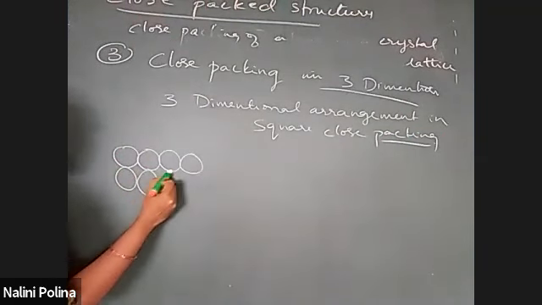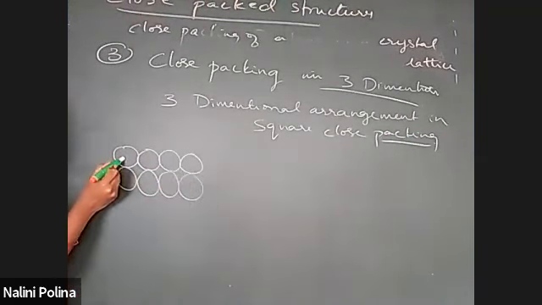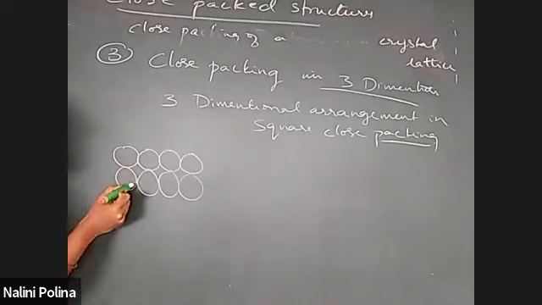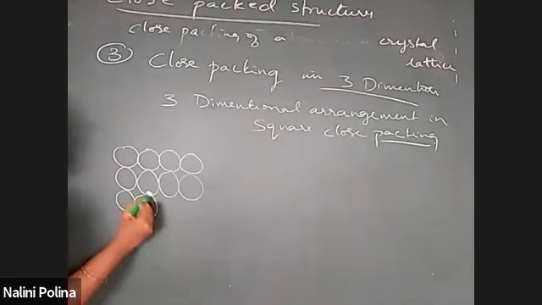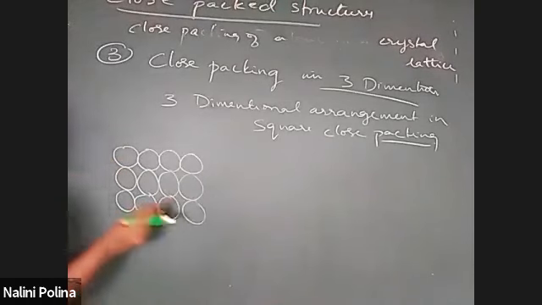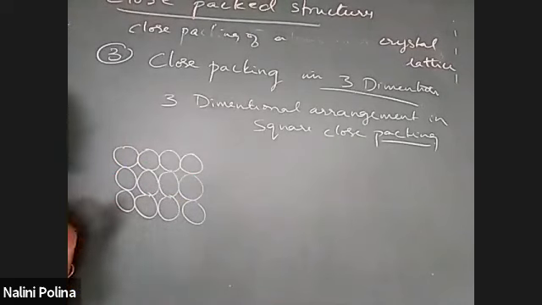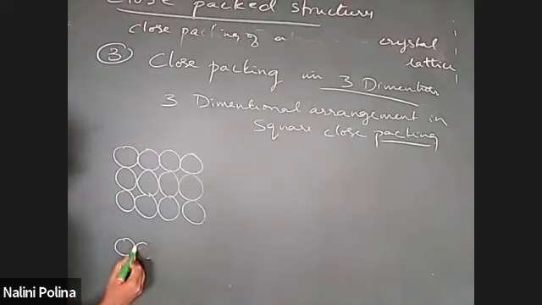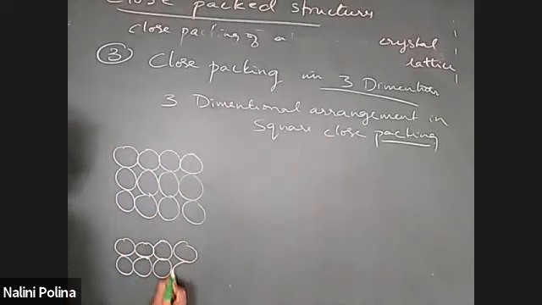Exactly, the rows are placed one below the other. The atom of the first row, below it comes the atom of the second row. Okay, not in the middle of the first and second, right? So this is our two-dimensional arrangement. Similarly, you have so many layers. Another layer. Okay, so there is another layer. So this is another layer of two-dimensional structure. This is another layer.